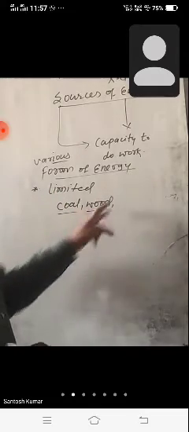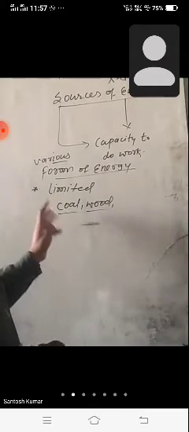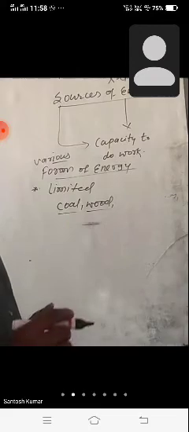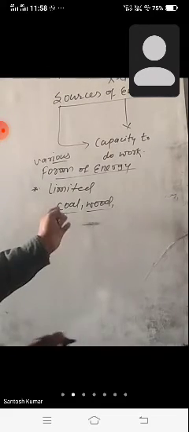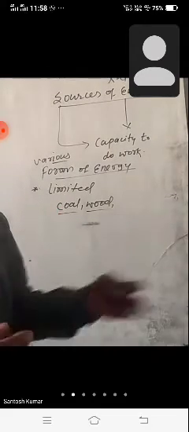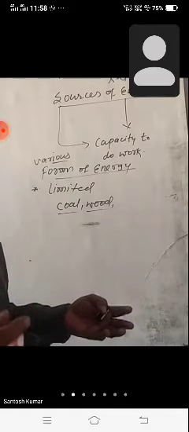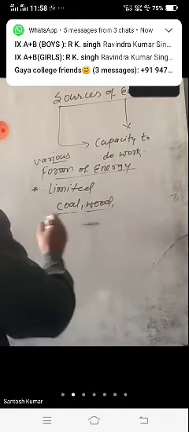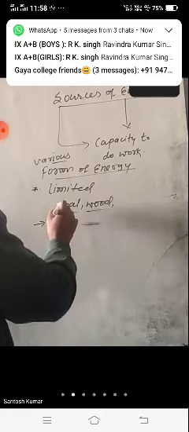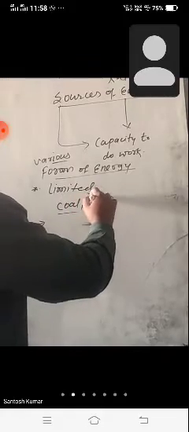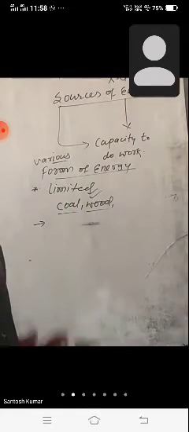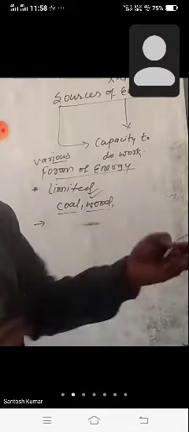So, and they are also causing pollution. So we need to look after some other sources so that we can survive for a longer duration. If you continuously use these limited things, then what will happen? One day it will come that everything will be finished, then what will happen?